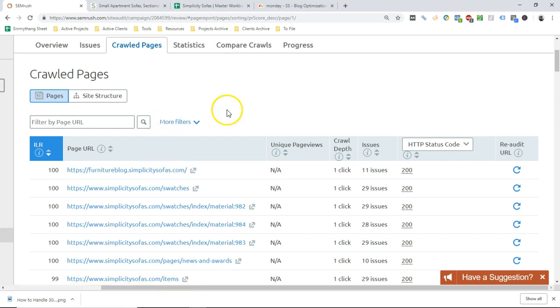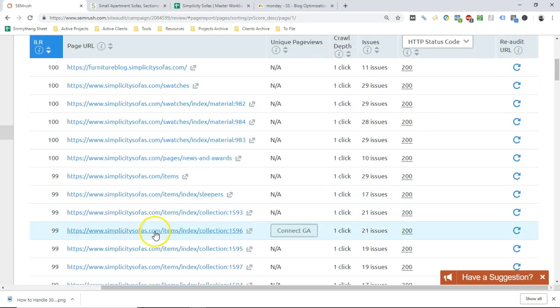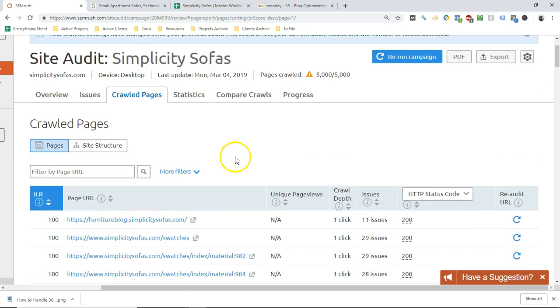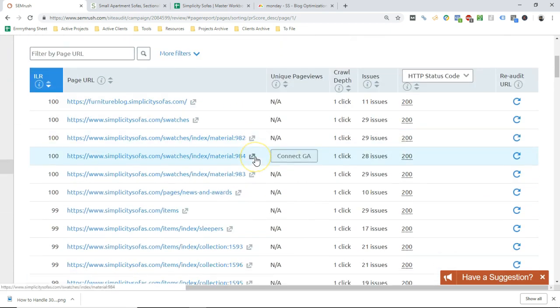blog.simplicitysofas.com, right? This isn't a shared host like HostGator, and because of the way this host is set up, an extra thing that comes with this specific 301 redirect is these blog posts. Lots of their blog posts generate a lot of traffic and get a lot of search volume, because he's a furniture expert, right? He knows stuff and he writes about it. And because of that,